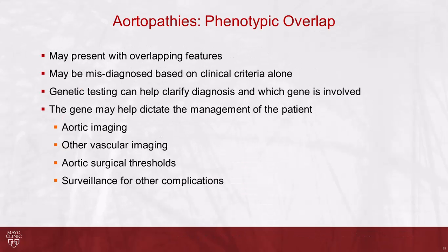So there's a lot of phenotypic overlap. So patients may present with overlapping features. They may be misdiagnosed based on clinical criteria alone. So I think you can see where genetic testing can help clarify diagnosis and help determine which gene is involved. And this group of disorders is really interesting because there's a lot of gene-based management that's known for this group of disorders, including frequency of aortic imaging, other vascular imaging, aortic diameter surgical thresholds, and then surveillance for other